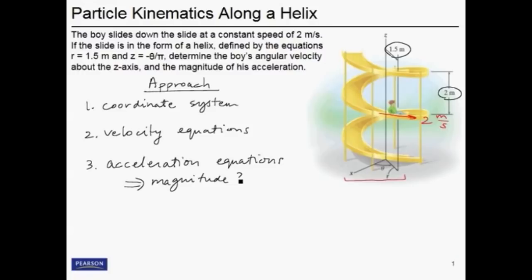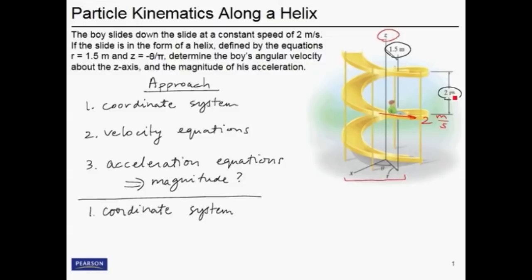Okay, so let's go ahead and do step one right here on this page and talk about why the coordinate system that has been chosen for us is a decent choice. So step one, the coordinate system. I think the best way to describe it is that this is a cylindrical coordinate system, and it makes sense because of the shape and the geometry of this slide, which is a helix. So we've got r and theta pointing in a particular direction, then we've got the z coordinate up here,